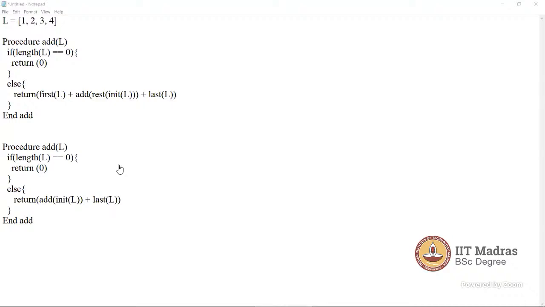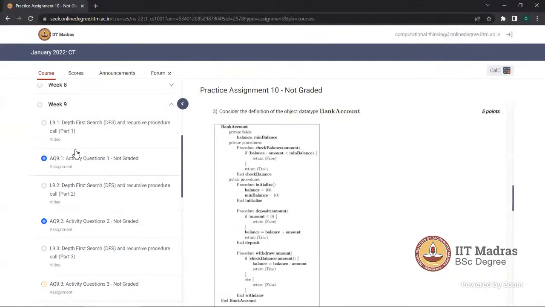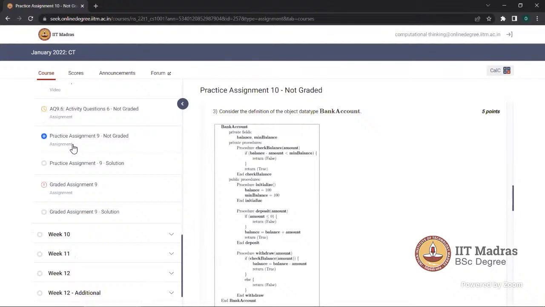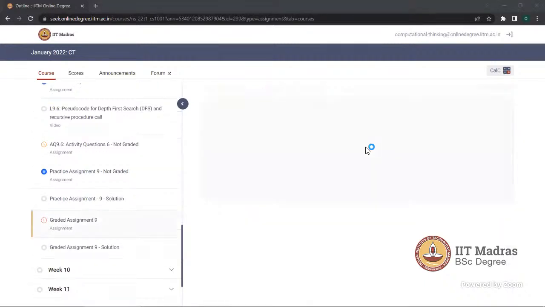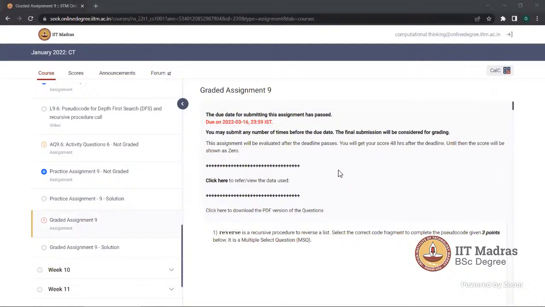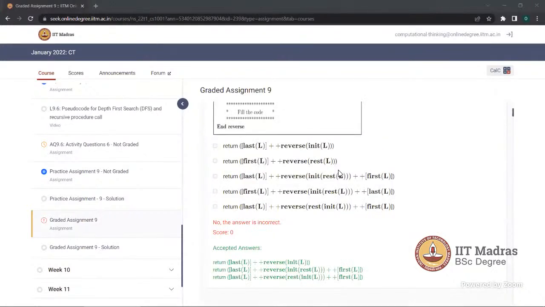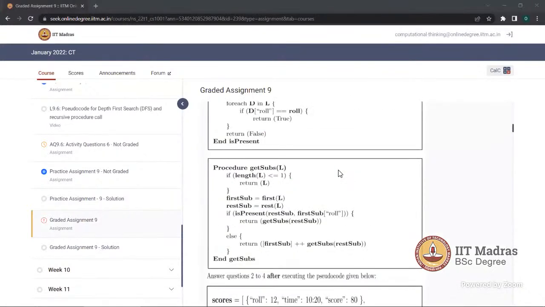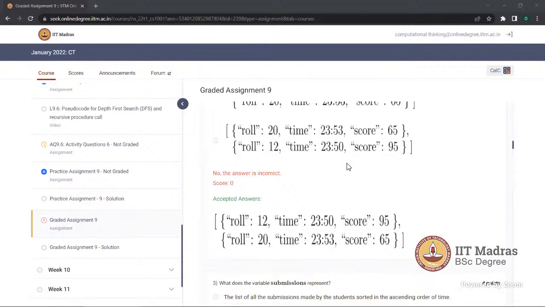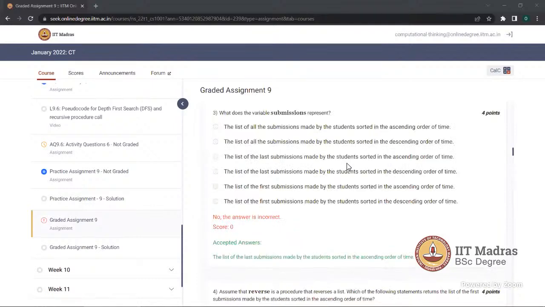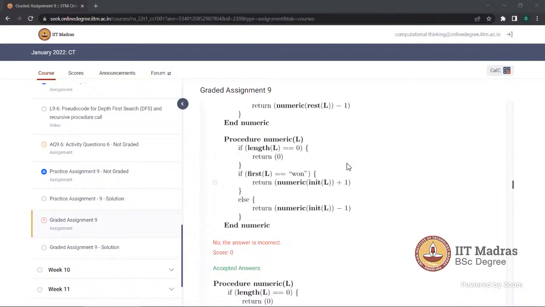Sir, PSA is made by the matrix procedure. Can you tell me the question number? Where is it? Graded assignment 9. Do you remember the question number?